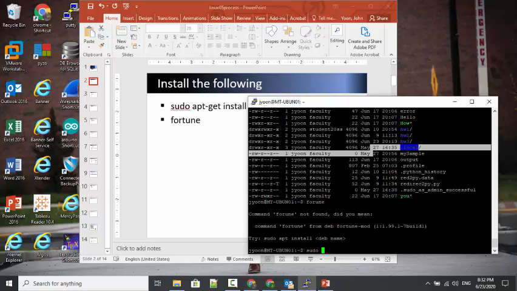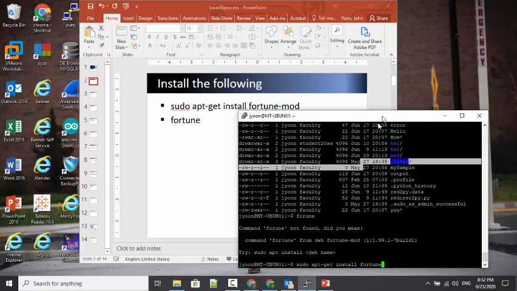Although you do not have sudo privileges, if you work on your own VM on top of VMware with Ubuntu, you can do this, or on a Raspberry Pi as well. So apt-get install